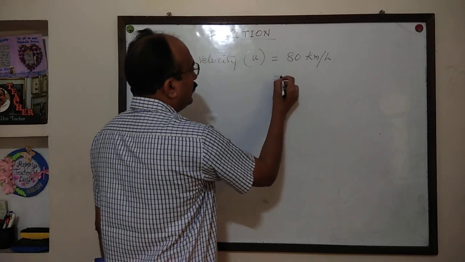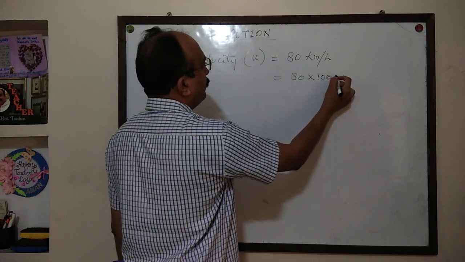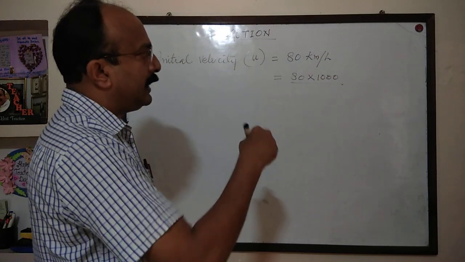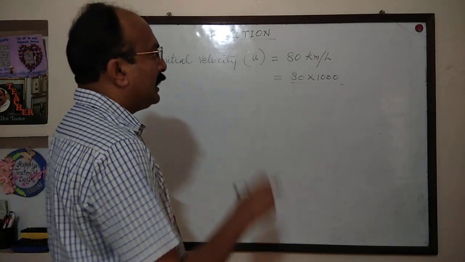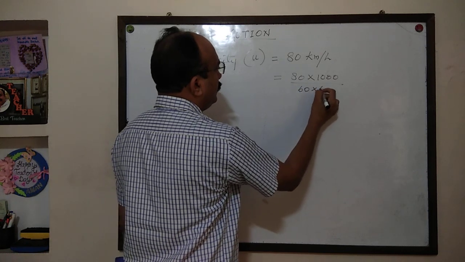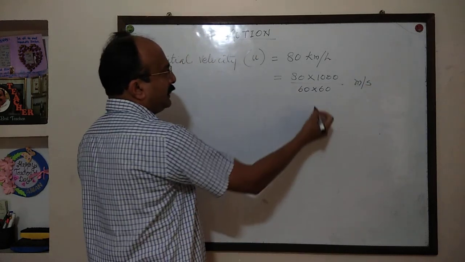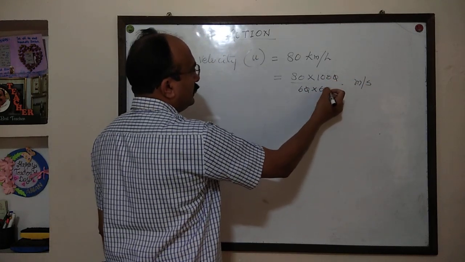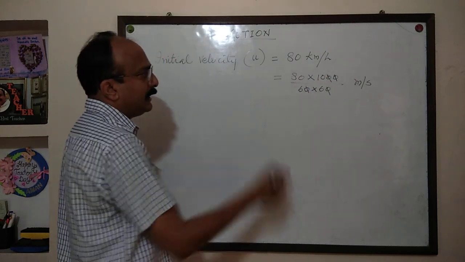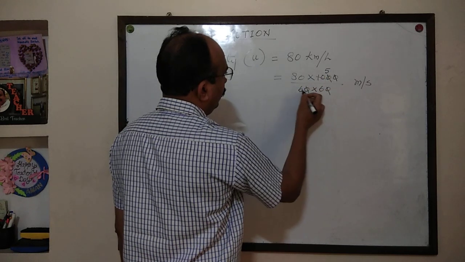How? Kilometer is to be converted into meter. How? Into 1000. Now, hour is to be converted into second. Kilometer per hour means hour is in the denominator. How can you convert hour into second? 60 into 60. Now it is in meter per second. Now you can see 0, 0, 0, 0. 10 and 36 can again be cancelled. It will be 5,